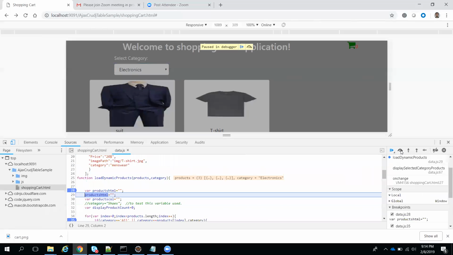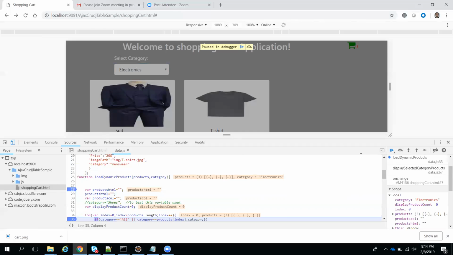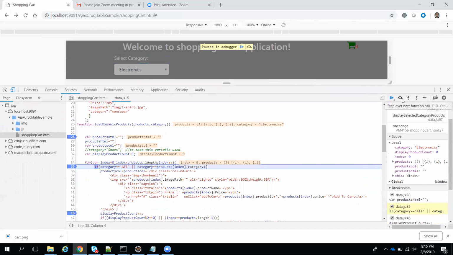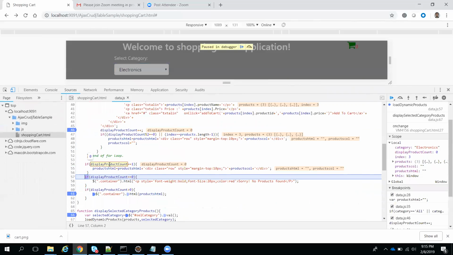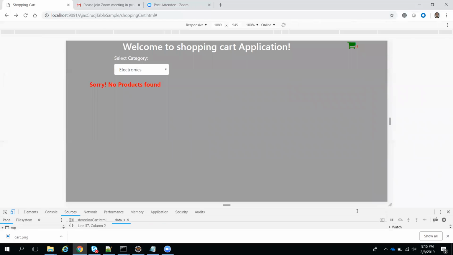Same thing, it will loop every time and it will check for the category. I don't want to repeat the same thing. Okay, I will just do it quickly because it will be boring for you guys, but the same functionality as earlier. Only thing is now the product count will be 0 because the display product count will be 0. Why? Because that if condition will not match with any category. So that's why display count is not incremented. Whatever value you initially declared is 0, so in the 0 case I want to show one message, so I'm showing 'Sorry, no products found.' So that will attach to the container. So if you see the output, sorry, no products found.